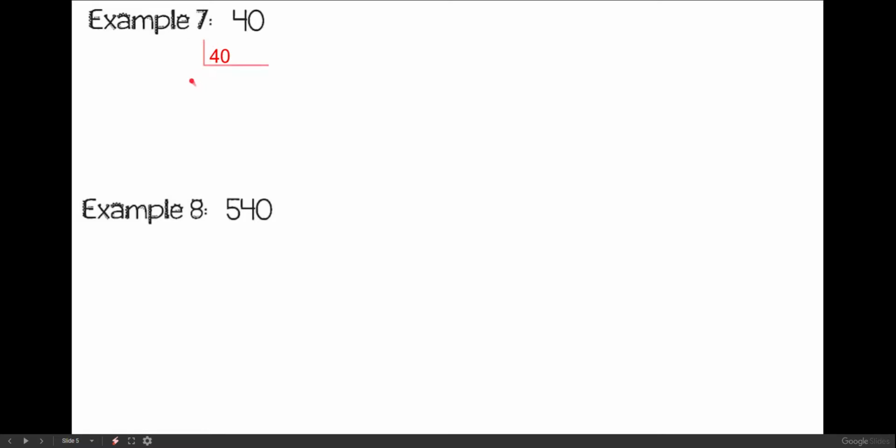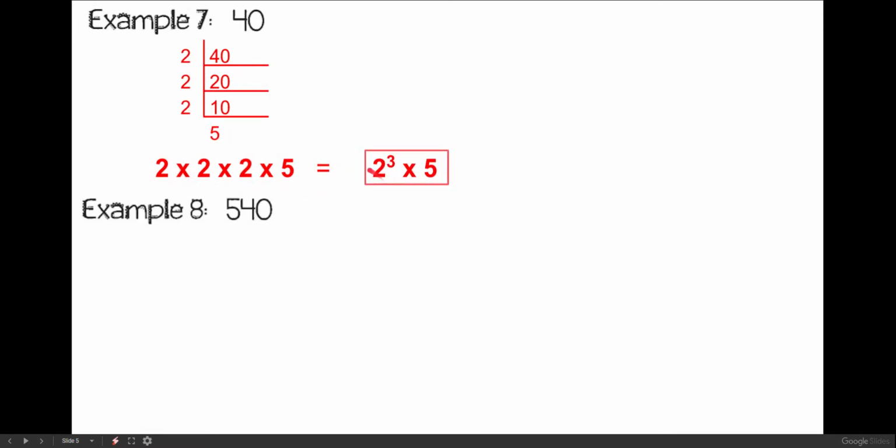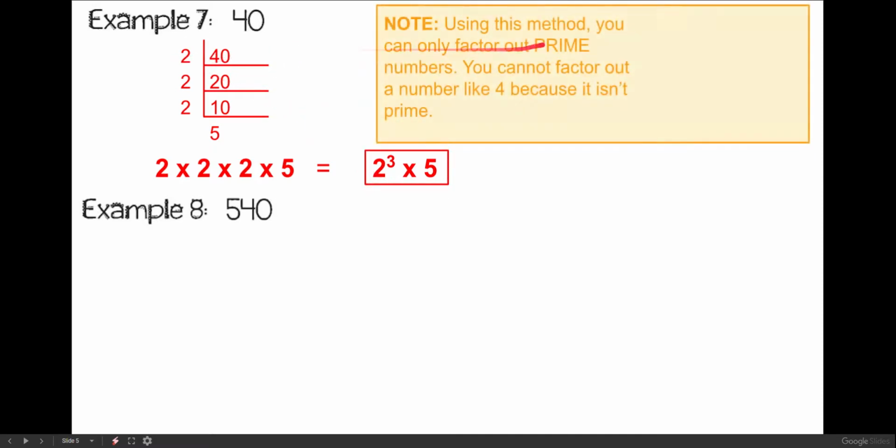We have 40. We're going to pull out a 2, and that gets us 20, and we pull out a 2, and that leaves 10, and we're going to pull out 2 again, and that leaves us with 5, and 5 is prime, so we stop there. 2 times 2 times 2 times 5, well, that is 2 to the third times 5. And it seems all great, but some of you were looking at that 40, and you may have been thinking,